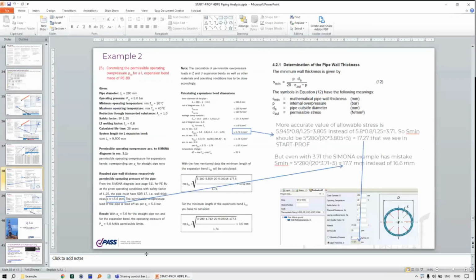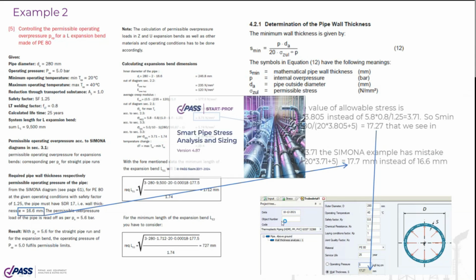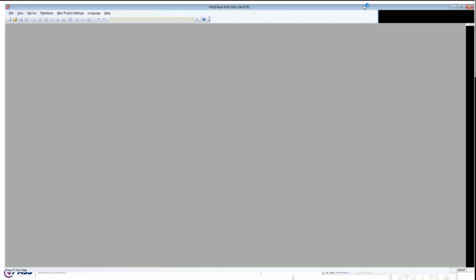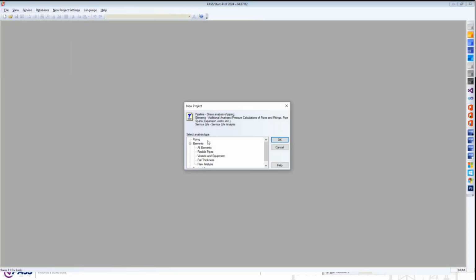Let me show you. Just a moment. We can calculate the wall thickness. How to do this? You just open the StarProf software, and let me show you from the beginning. You click File, New. If you select Piping, you can define any 3D piping system. But if you select Elements,